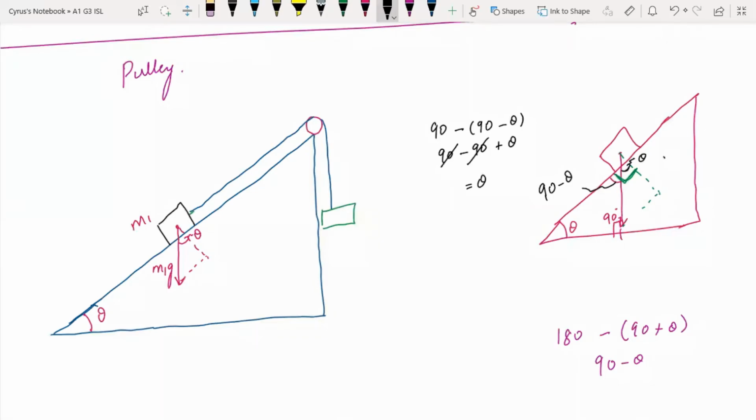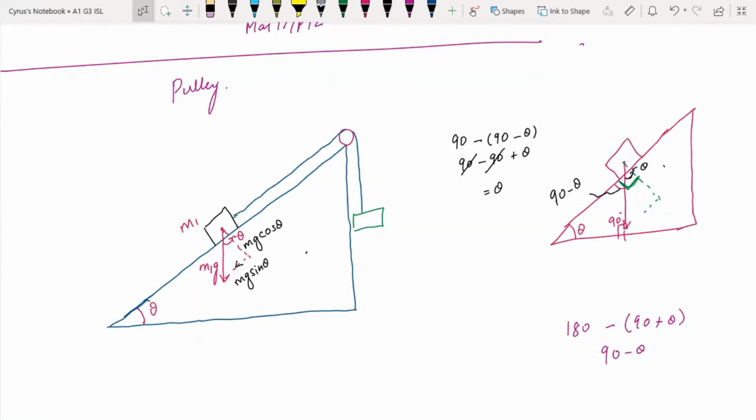अच्छा, ये मुझे बताएं कि ये कंपोनेंट, ये वाला क्या होगा? ये वाला कंपोनेंट जो एंगल के साथ है, हमेशा कॉस होता है। दिस इज mg cos of theta। और एंगल के सामने वाला क्या होगा? यू नो दैट द वर्टिकल, यहां पे ये हॉरिजॉन्टल कंपोनेंट बन रहा है, बट दिस इज गोइंग टू बी mg sin of theta। इज दैट क्लियर? अच्छा, अब इसका मास है m2, इसका वेट एक्ट कर रहे हैं m2g।